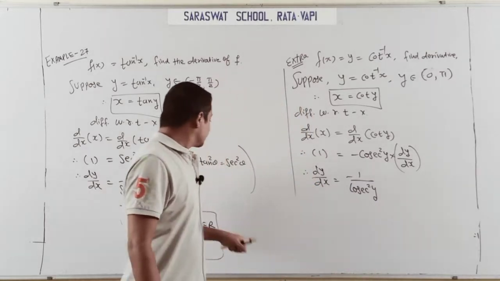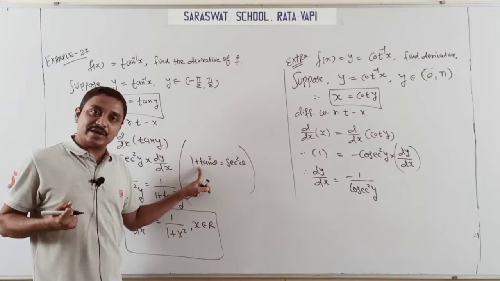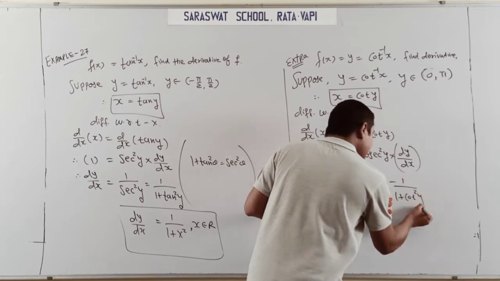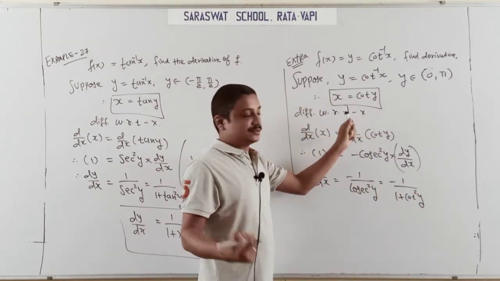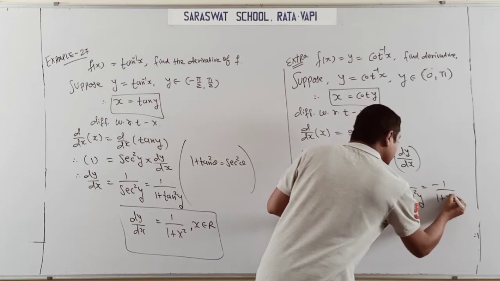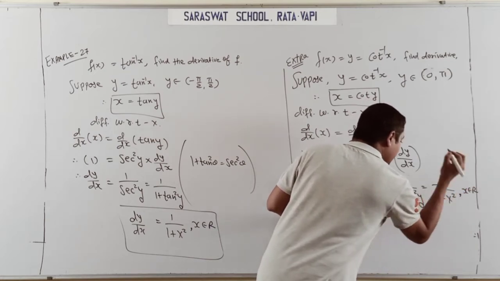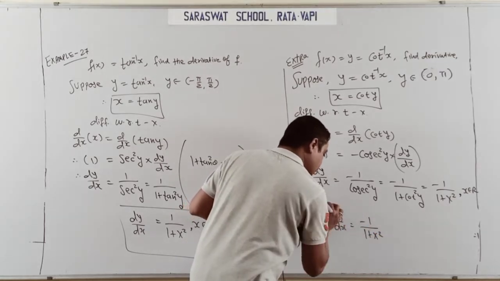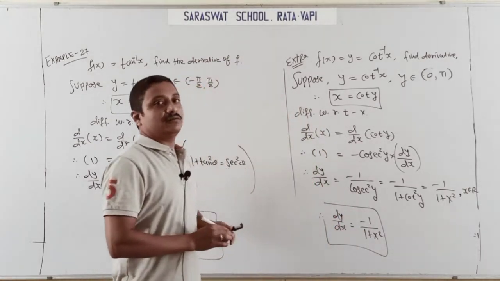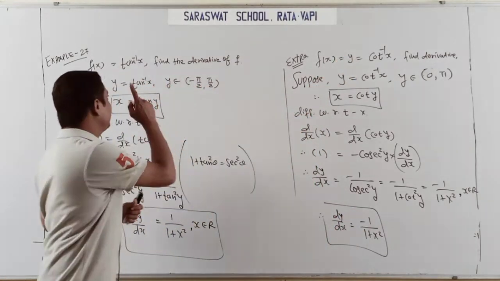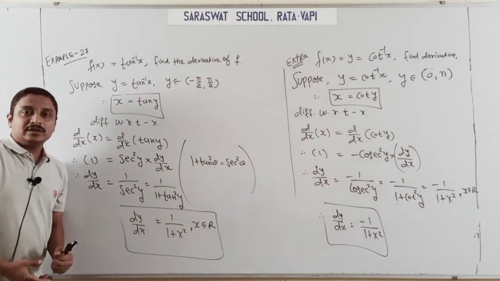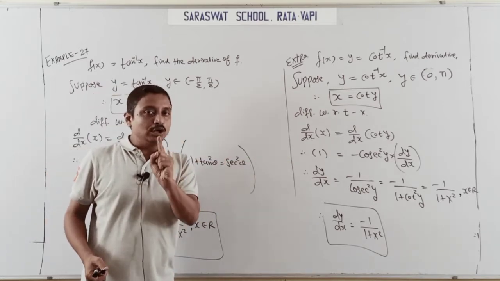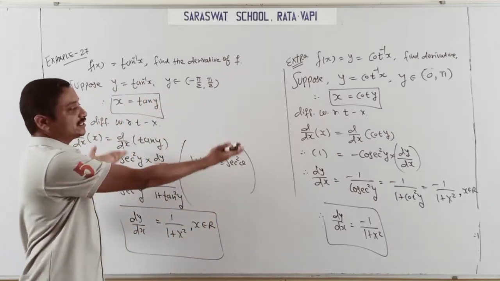And this identity is the same as you know, 1 plus tan square is sec square. Similarly here, it is 1 plus cot square y, and cot y I already know. So applying that, 1 plus x square, for every x belongs to R. So finally dy by dx is minus 1 by 1 plus x square. You are done for cot inverse x. And look at tan inverse x, because both are the same. In the last part I already showed this direct derivative formula, and I told you to write it down 5 times. The actual derivative is this.